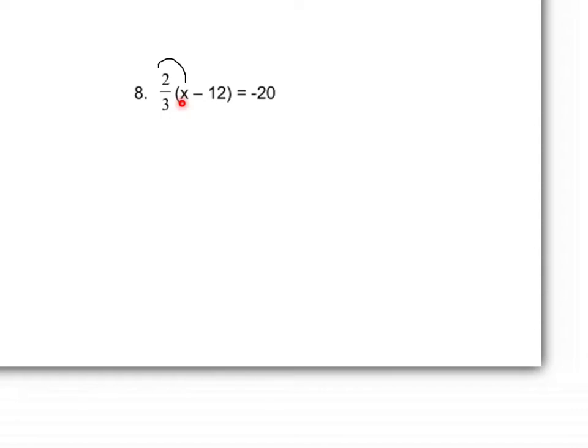It is itself. So 2/3 x. And 2/3 of -12 is going to be -8. And that equals -20. Okay, I'm going to add 8 to both sides,